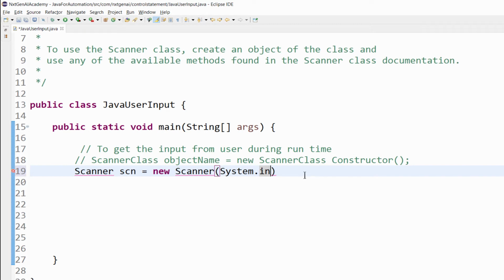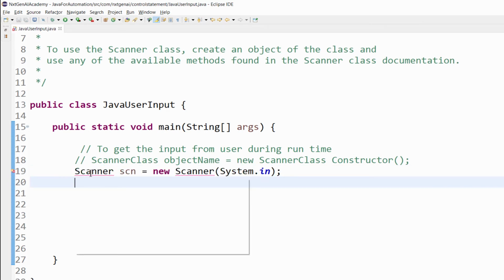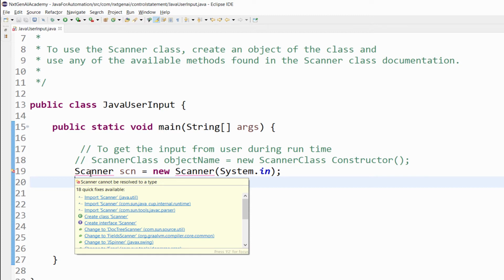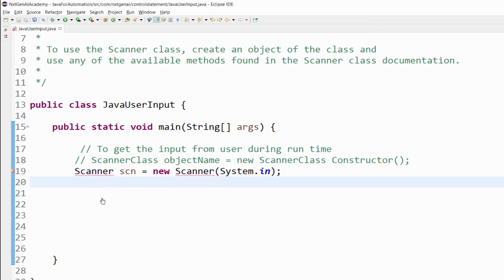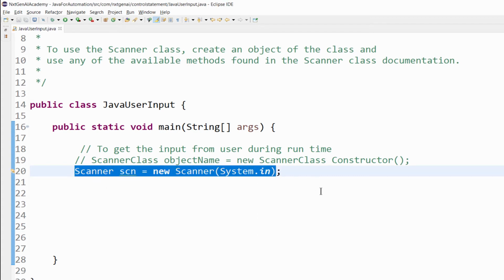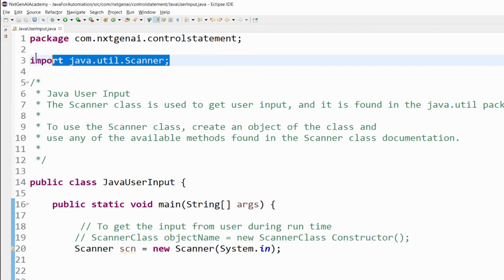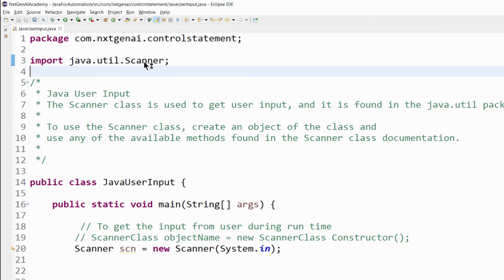System.in, then semicolon. This is the syntax, but still you are seeing some error message. When you move the mouse pointer above that, it will give some suggestions. Now we have to import that particular package. You have three suggestions. Always choose the java.util package. Now the error is gone and you can see this particular package is imported.